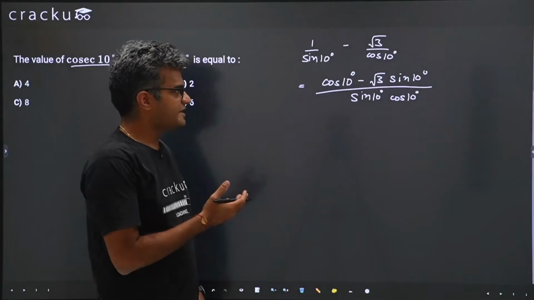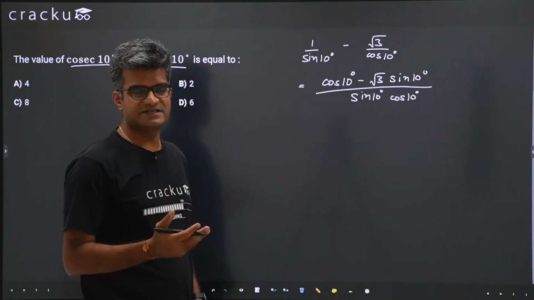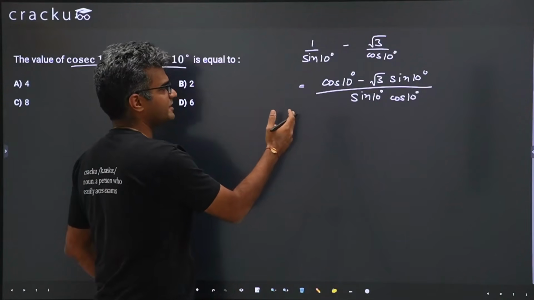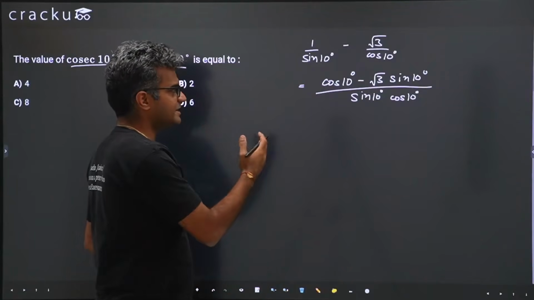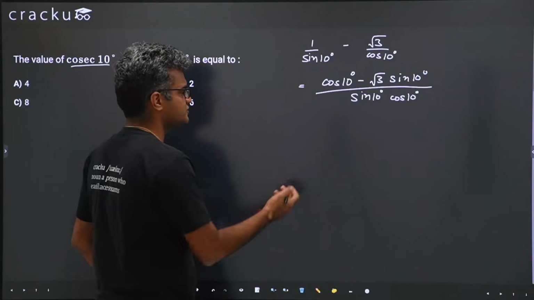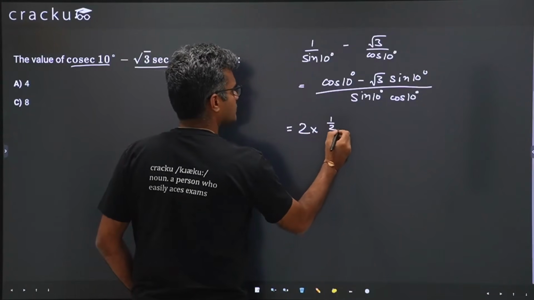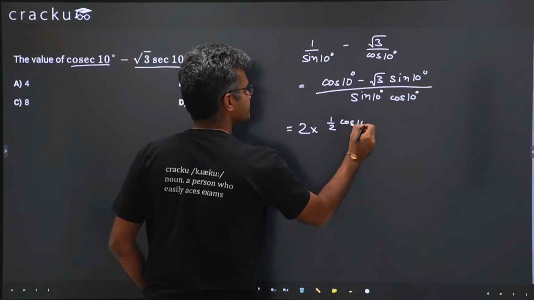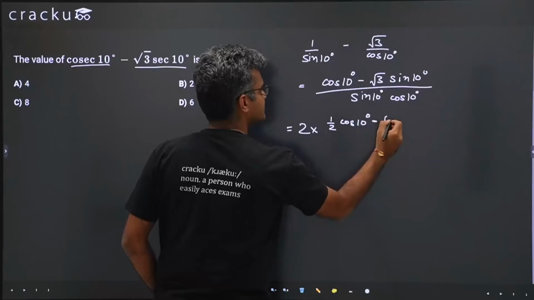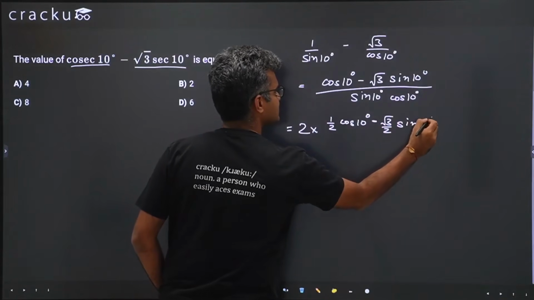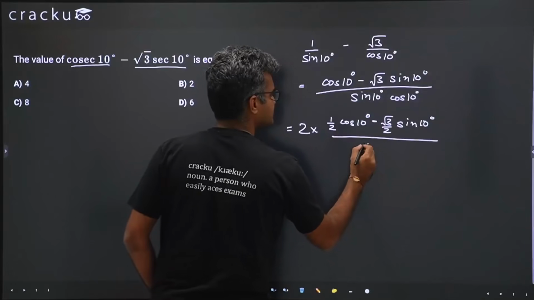Now whenever we say root 3, we should immediately think of sin 60 degrees or cos 30 degrees. So let us divide the numerator by 1 by 2 and multiply the entire expression with 2. So essentially we are saying that this is equal to 2 into 1 by 2 times cos 10 degrees minus root 3 by 2 times sin 10 degrees, divided by the same denominator, which is sin 10